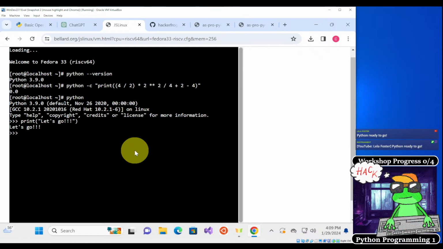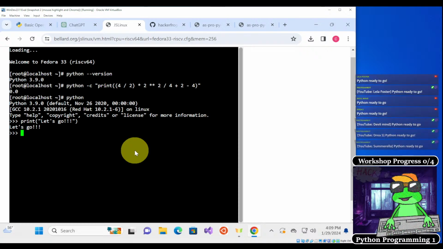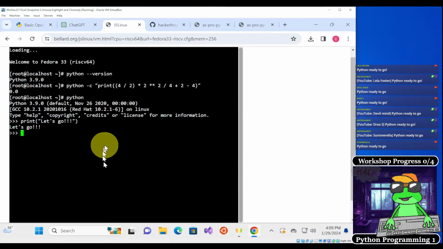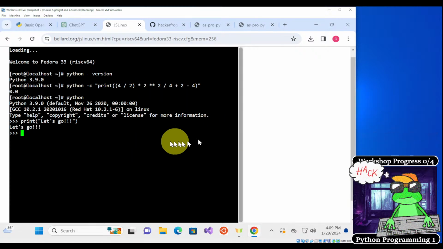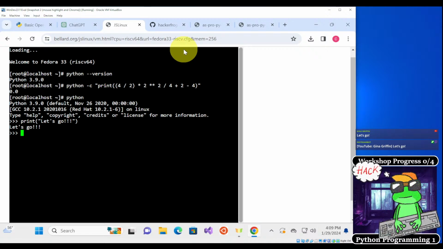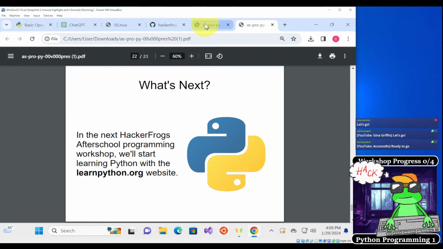Okay, Layla Foster is ready to go. Awesome. Okay, Summerella is ready to go. Devilmind, welcome Devilmind, and you are also ready to go. Summerella, Drea, Devilmind, Layla. Okay, that's great. Okay, so let's also, and Gina Griffin is here. Hey, welcome, Gina. All right, so